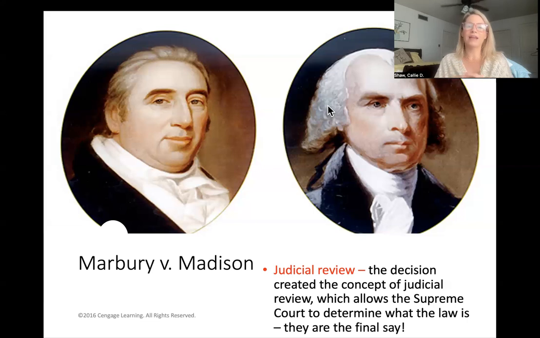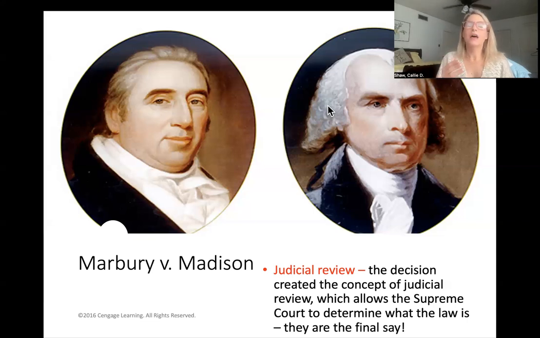But they did create a very important concept called judicial review. This gives the Supreme Court the ability to say what the law is. I'm going to say that again. This gives them the ability to say what the law is. They are the final word. There's no one above them. Once you get to that courthouse door, end of game, that's it. Time's up. So it was a monumental achievement because they gave themselves authority. They created an endpoint, meaning if they hadn't done that, cases would go on forever, which would be a nightmare, but probably heaven for attorneys.